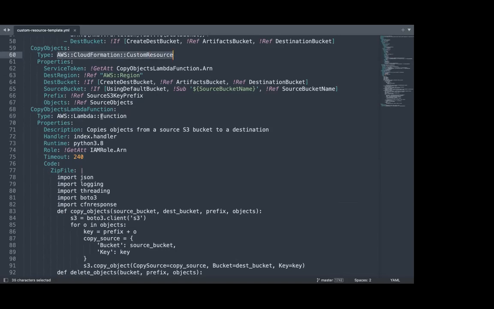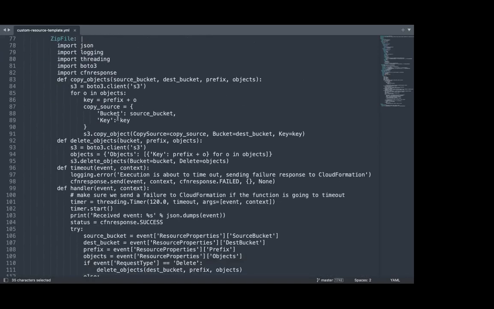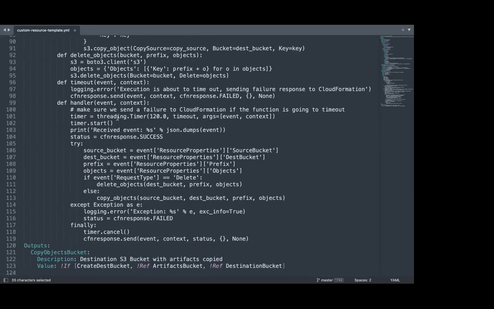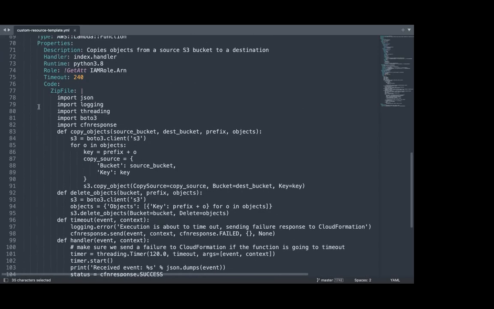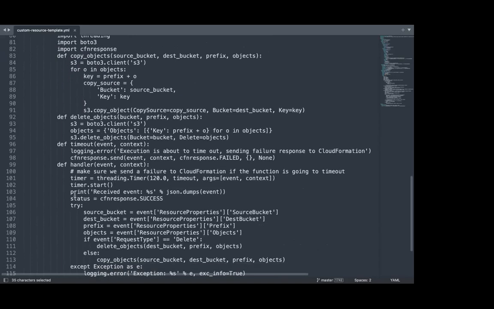This is the AWS Lambda function. It's almost exactly similar to how you write a normal lambda function and how you write a lambda function for a custom resource. The only difference is the lambda function needs to handle the pre-signed URL, which is nothing but the authenticated URL to exchange the request and the response. Rest, everything from an infrastructure perspective remains the same. And this is the code snippet.